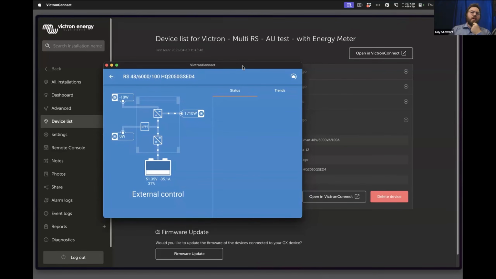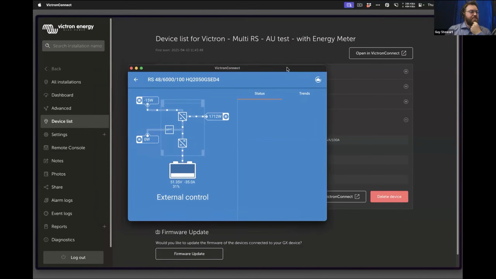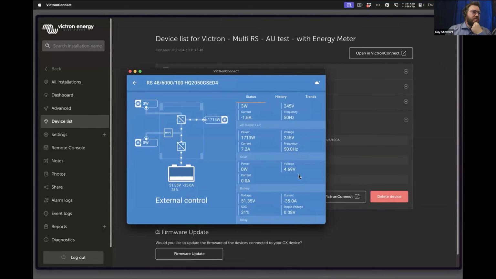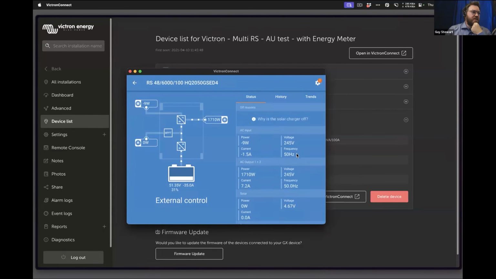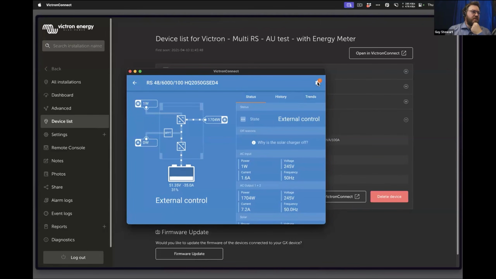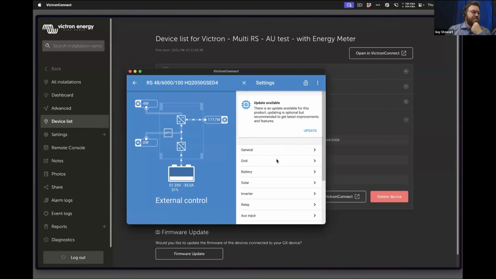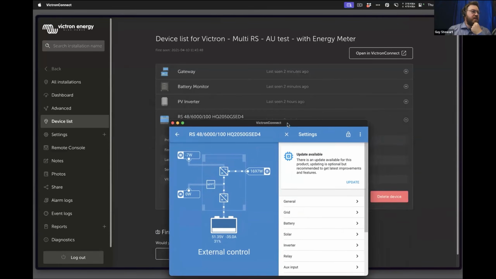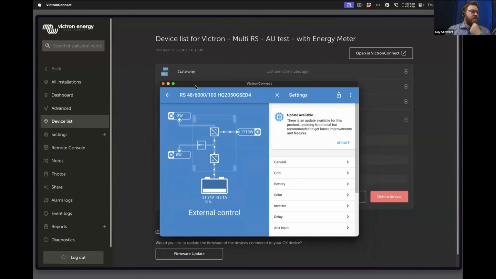Now, it takes a little while. Let's say it's sped up in the video, but it's much faster than going out on site, that's for sure. Sitting here with it loading up, first it's going to show us these status items. This is all the specific data for that site. And then now you can also see the settings. There's a firmware update for this product. I could remotely update the firmware here if I wanted to, but otherwise I can head through and adjust settings for my Multi-RS, via Victron Connect.